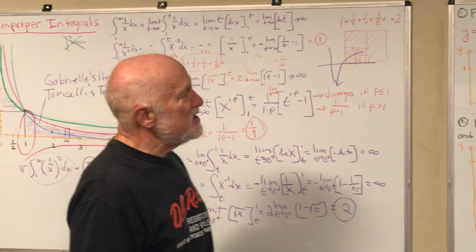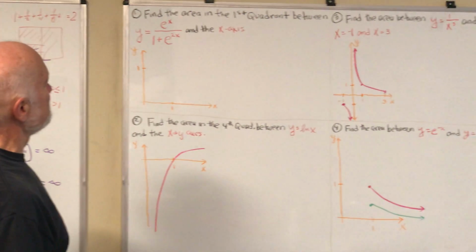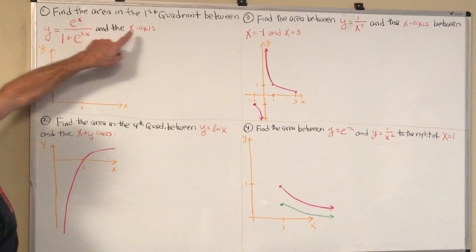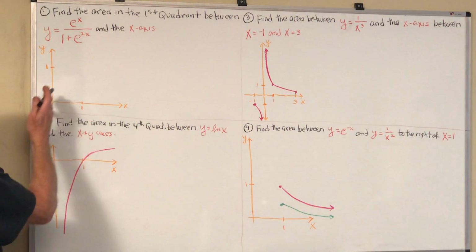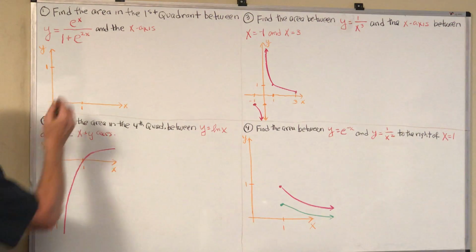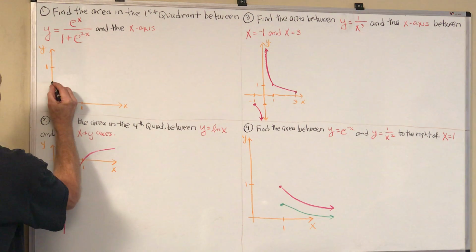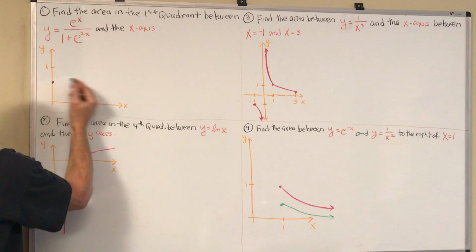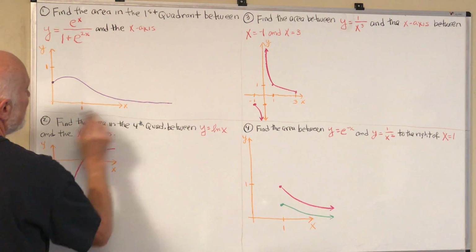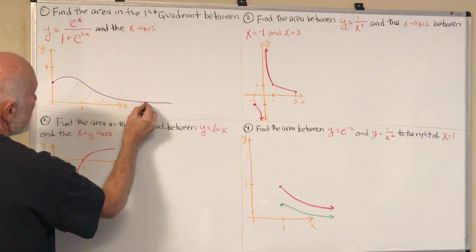Okay, so let's get into the types of problems you're probably going to see. So I have 4 of them here. Find the area in the first quadrant between this function and the x-axis. So that's implying that it goes on for as long as you want in the x direction. So if you look at this function, if you put in 0, you get 1 over 2. So it starts out here, and I think if you graph it, it goes like this. So yes, these terms keep getting smaller, but we would like to know what that area is